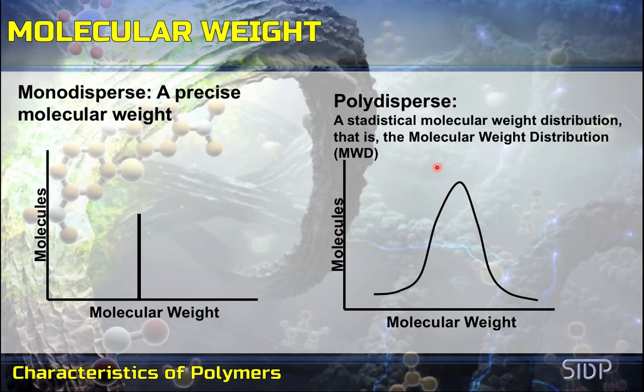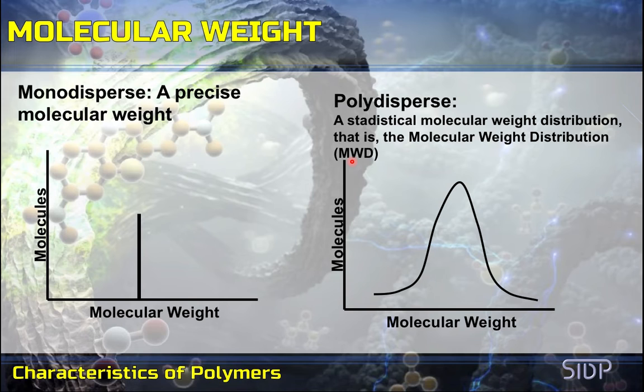In contrast, most polymers are polydisperse. Thus, a polymer does not contain molecules of the same size and therefore does not have a single molecular weight. In fact, a polymer contains a large number of molecules, some big and some small. Thus, there exists a variation in molecular size and weight known as molecular weight distribution, MWD, in every polymeric system, and this MWD determines to a certain extent the general behavior of the polymers.